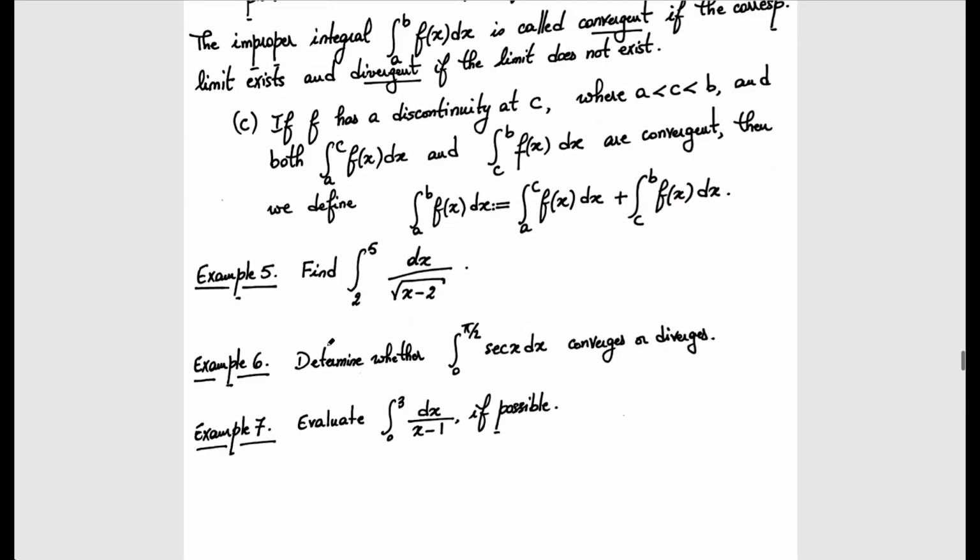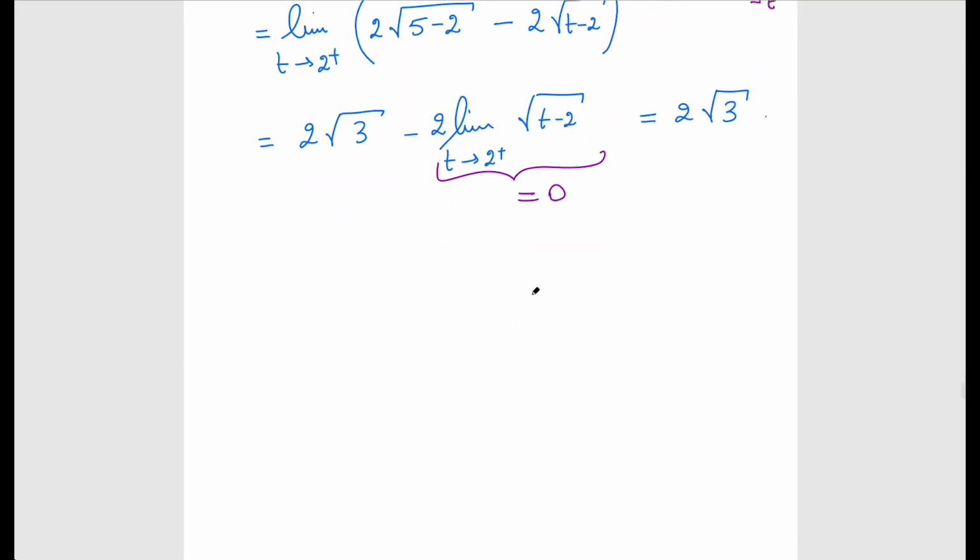Let's go now to the previous page and let's now do example 6. We need to determine whether the integral from 0 to pi over 2 of sec x dx converges or diverges. So let's go to that page and do it. That's example 6. And we need to evaluate the improper integral from 0 to pi over 2